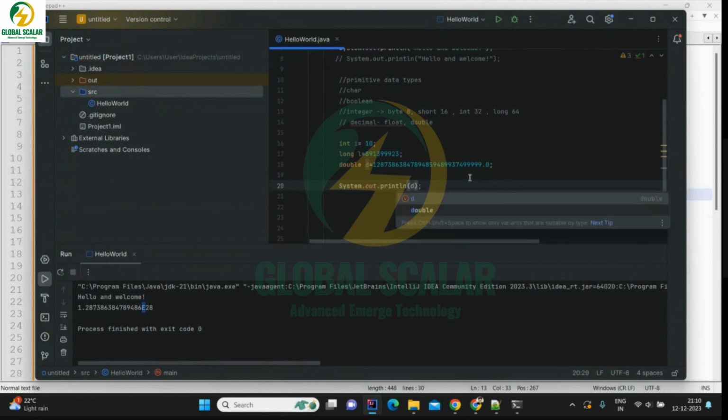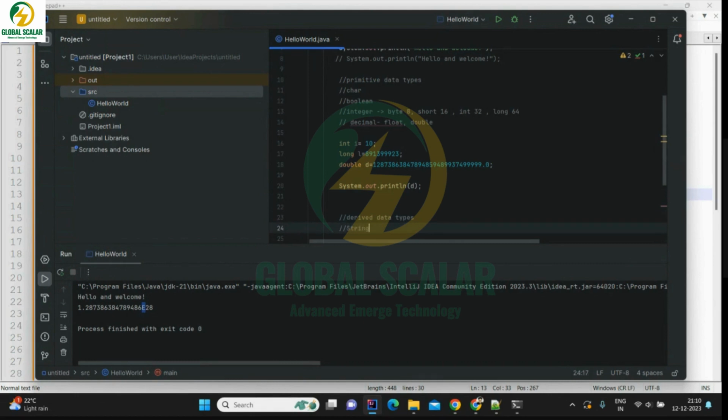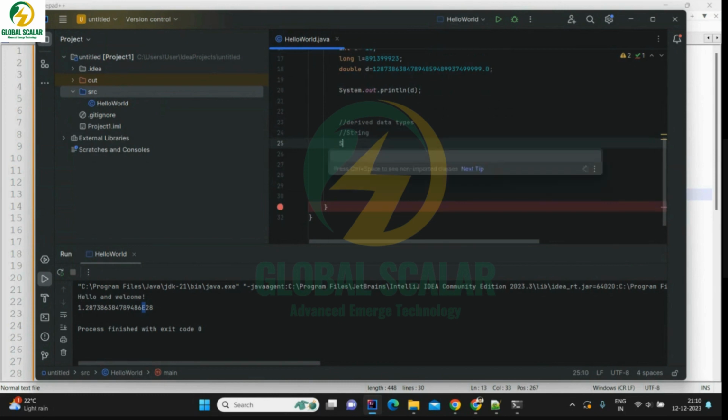Okay. So so far we have seen primitive data types. Let's see now derived data types. In derived data types, the first thing we see is string. So far we have not seen anything which will hold string data. So these are the primitive data types. Derived data types, we have something like this: string s is equals to,